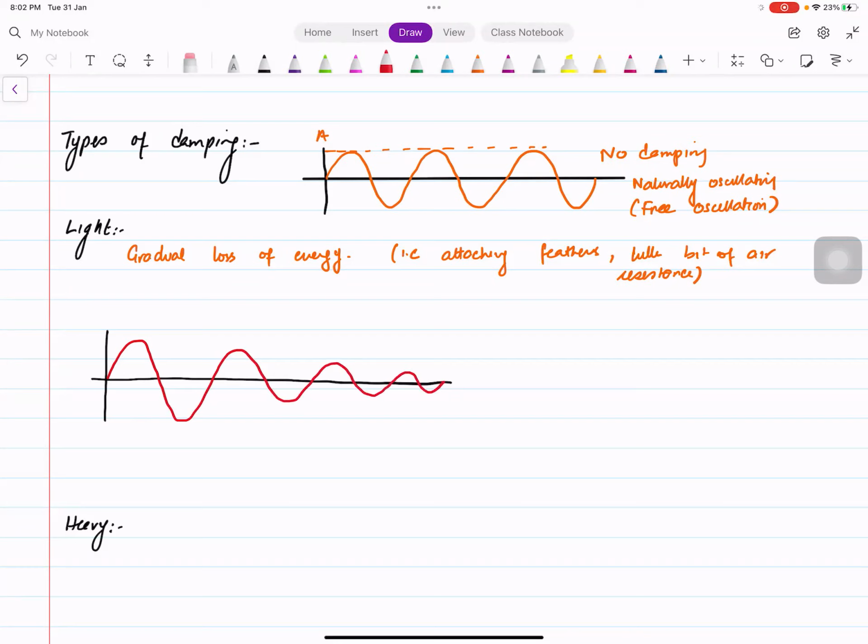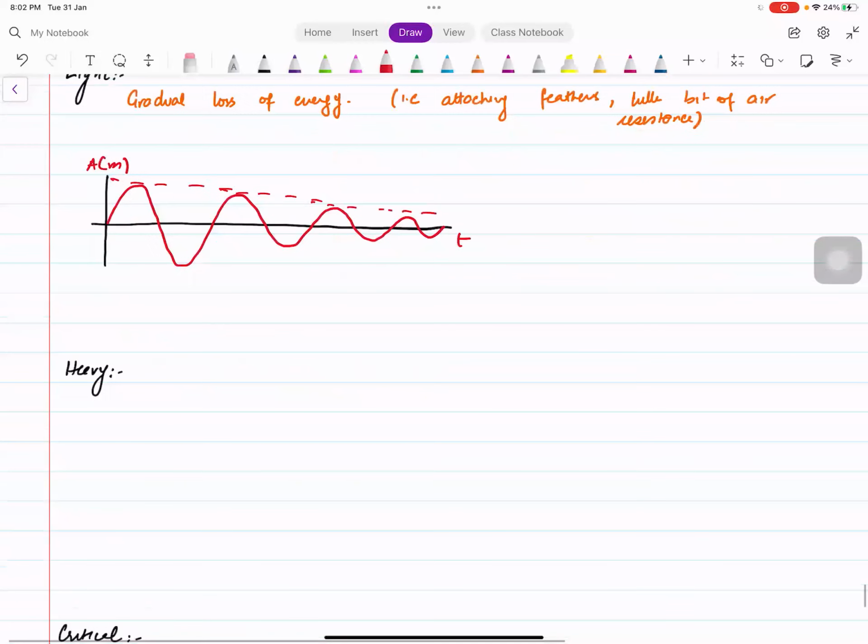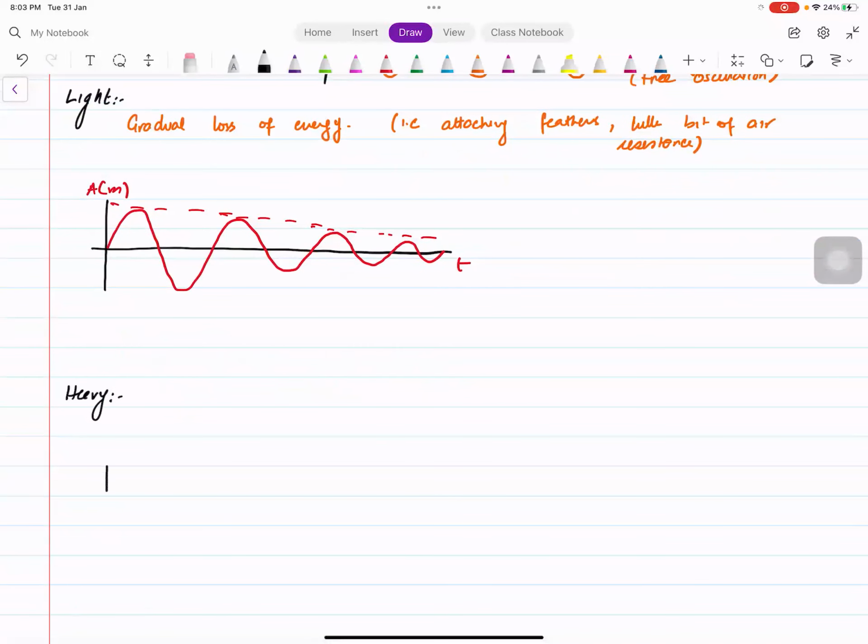Do you guys understand this? So if you see, the energy is gradually decreasing. All right, everyone? Like that. So amplitude slowly dies down with respect to time, obviously, in many oscillations. But when it comes to heavy damping, then now